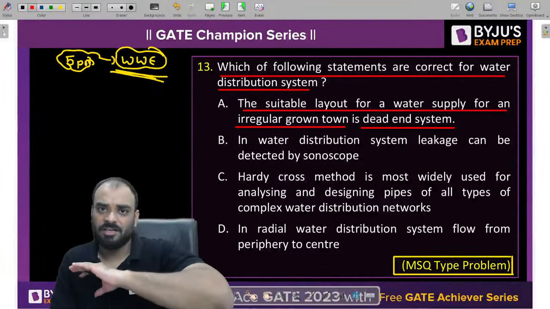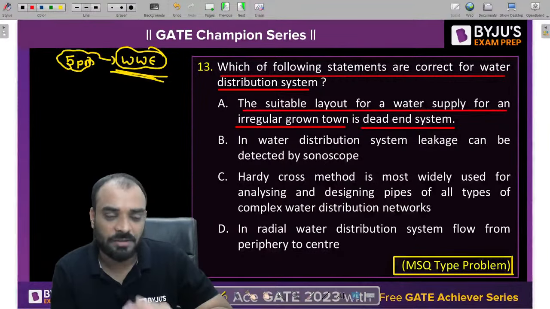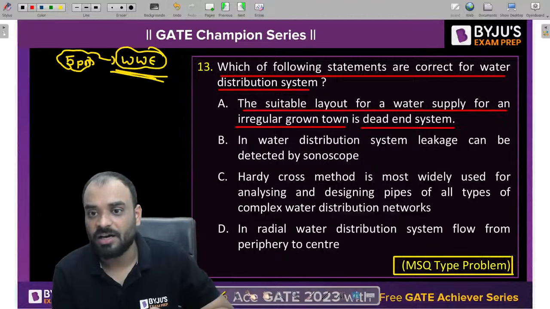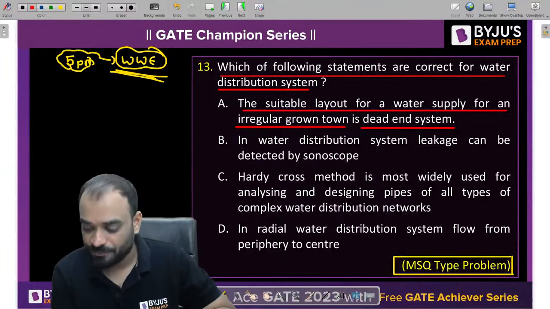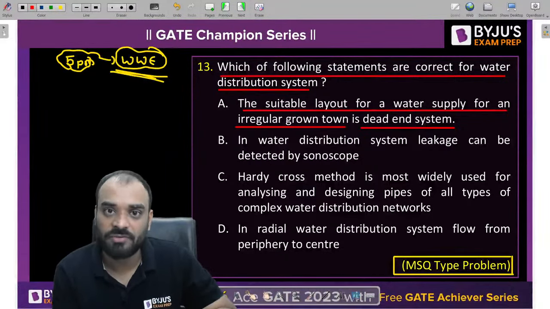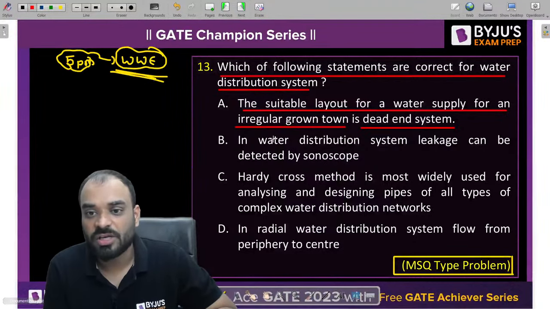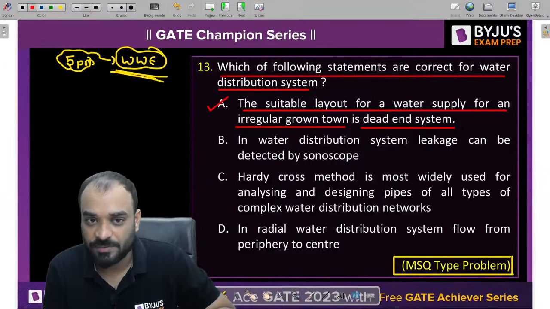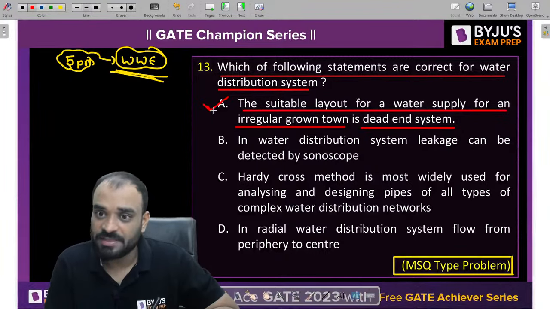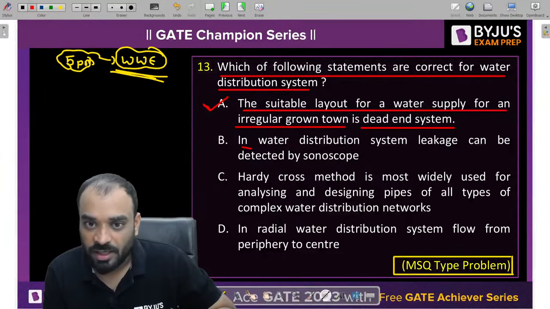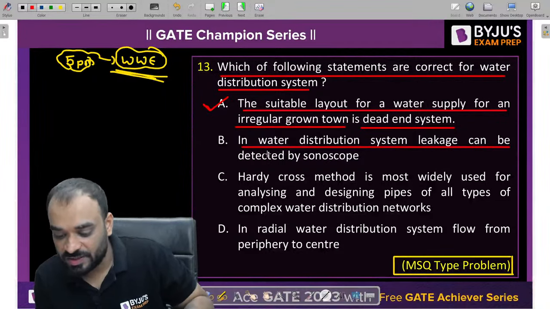For any irregular, or you can say unplanned town, if you are planning a dead end system, then it will be much better, because there is no initial planning of the town, guys. That's why you can use the dead end system very easily. Correct? The first statement is correct. In the water distribution system, leakage can be